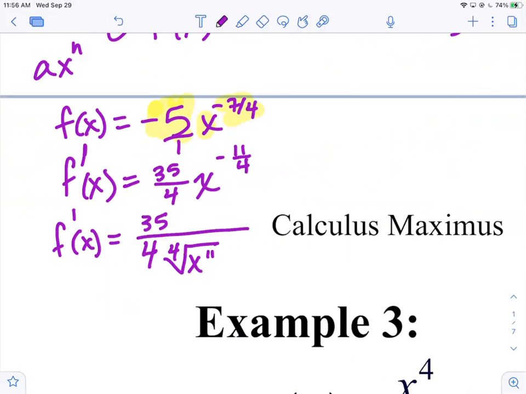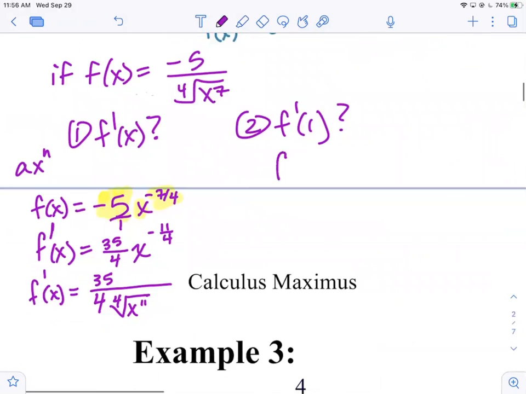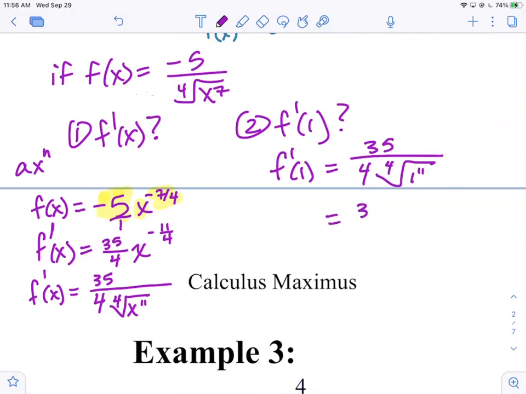Now that I have the derivative function, I can use it in one of two ways. I can either plug in an x to find the slope of the tangent line to that graph at that point, or I can even set it equal to a desired slope and solve for x to see where it's equal to that. I want to find f prime of 1. So here we go. F prime of 1 is going to be 35 over 4 times the 4th root of 1 to the 11th power. Well, 1 to the 11th power is 1. The 4th root of 1 is 1. 1 times anything is itself. So the answer is